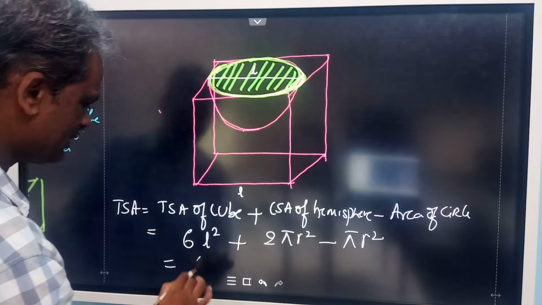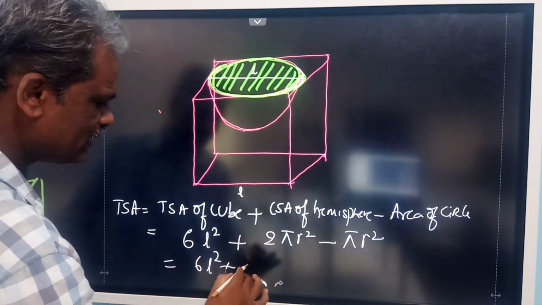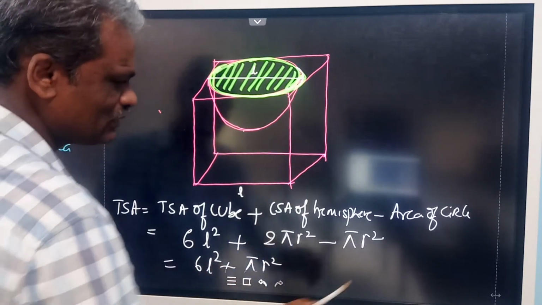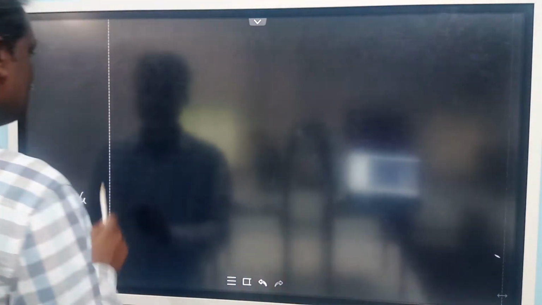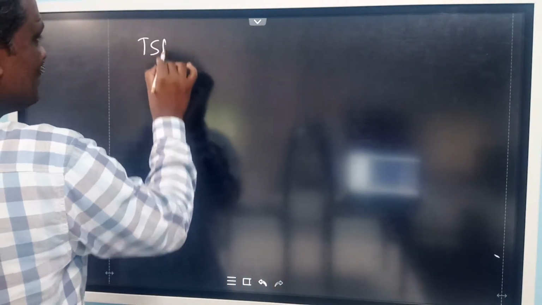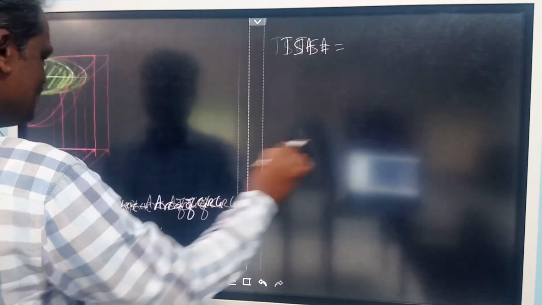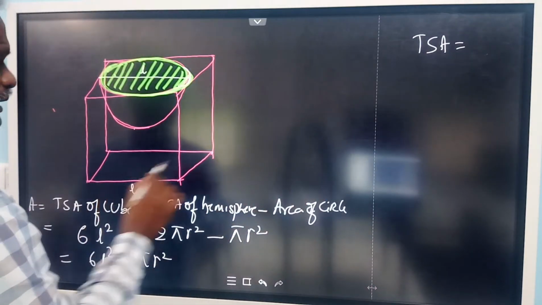So the formula is 6L square plus 2 pi r square minus pi r square, that is 6L square plus pi r square. Substitute here: the diameter and edge are given as L itself, so the area is 6L square,